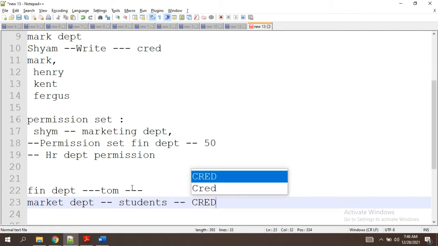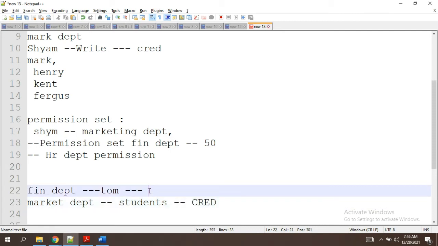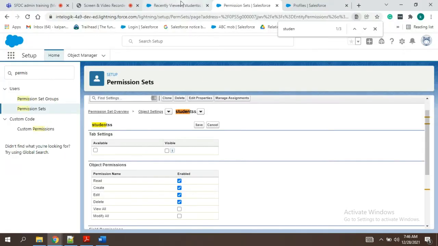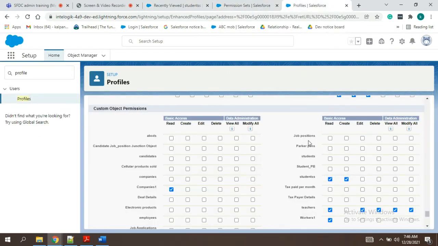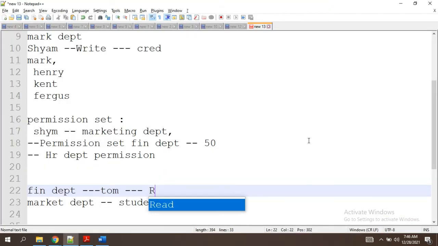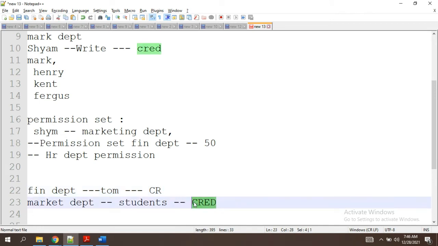with CRUD full access. But as of now, in the finance department, we have only read and create. So based on this marketing department, we want all the permissions.